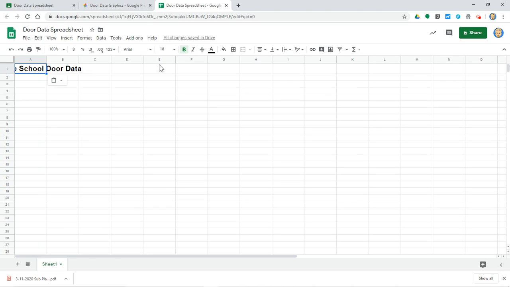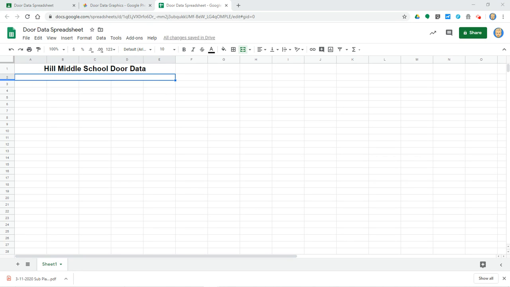And I want this to span across several columns here. So I'm going to highlight cell A1 through E1 and select those. I'm going to use this tool right here called Merge Cells. And it's going to take those individual cells and turn them into one long cell all along this one row. I'm going to do the same thing here for row 2, from cell A2 through E2, merge those together, and